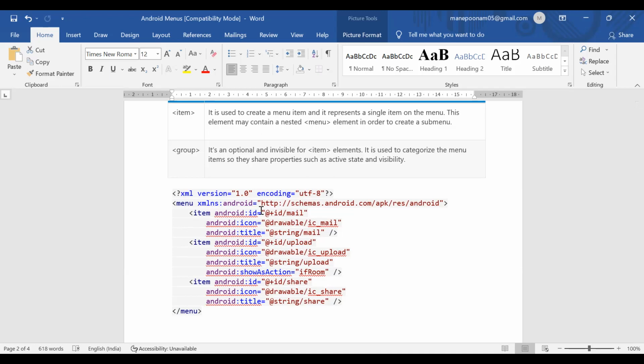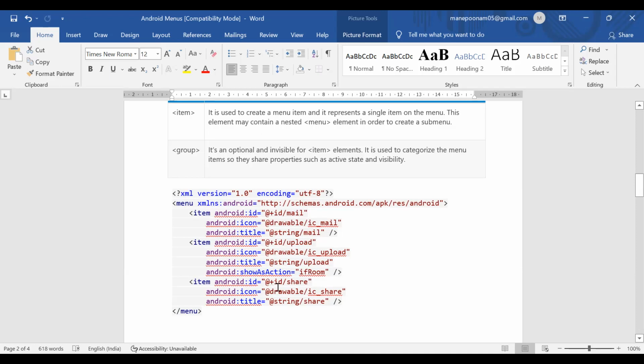The different icons are there, and we use them to show the content of the menu. So here we use the icon, then the title that we want to display on the screen. Then show as action is used to define how we want to show that control. Sometimes we have a separate icon there, and sub menus are there. So in our example, we are going to see this show action.